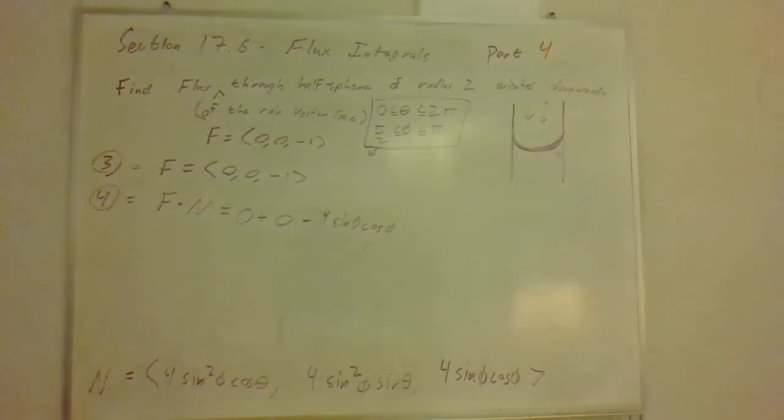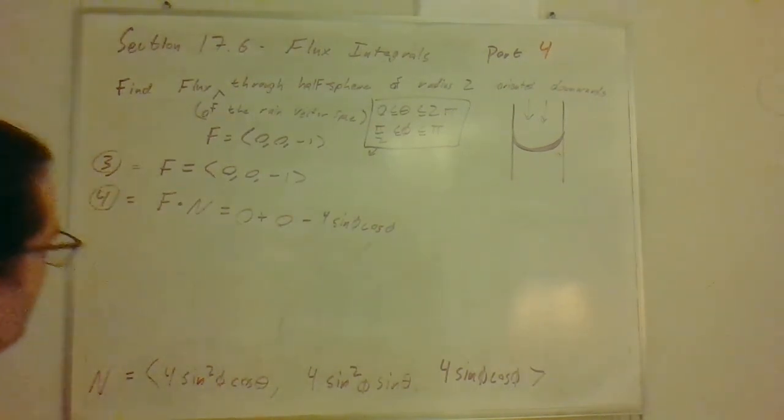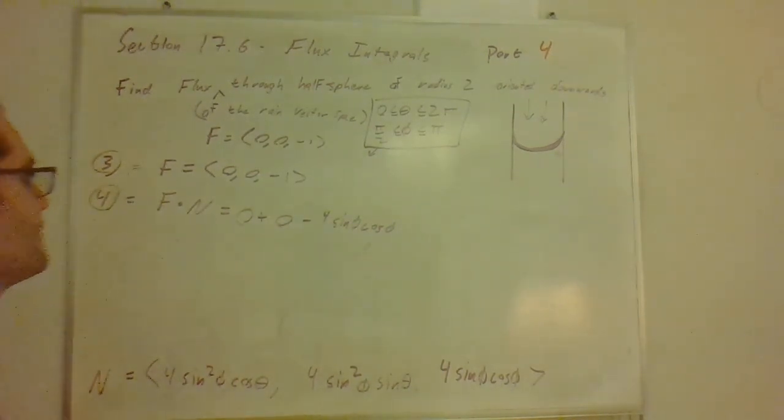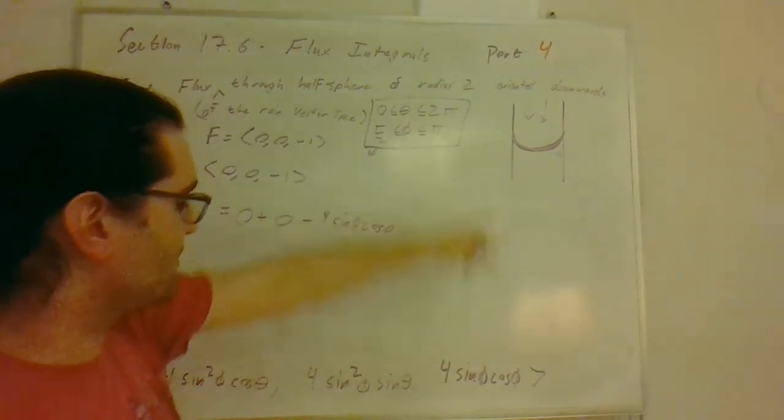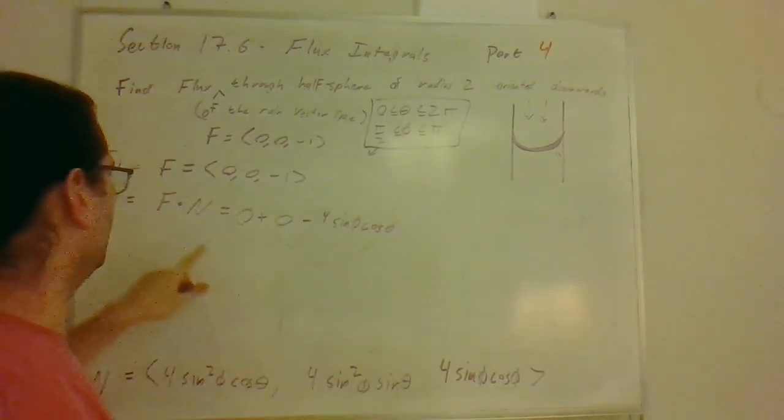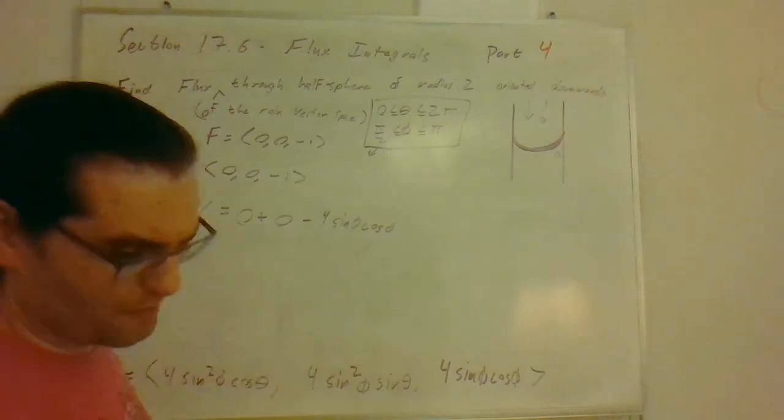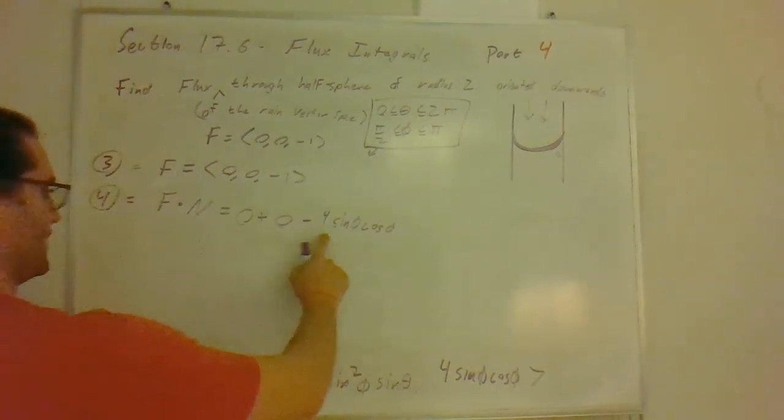Why is it 0 when... Huh. Oh well. Okay, so it's oriented in the correct direction, and I have the dot product of my normal vector is